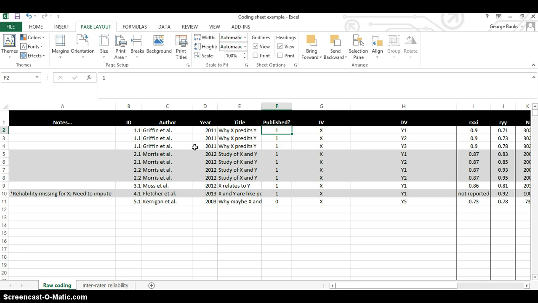I do like to distinguish whether or not the study was published or unpublished. This is something we'll talk about later down the road when we start talking about moderating variables as well as publication bias. I do have a column typically where I list the independent variable that is used and the dependent